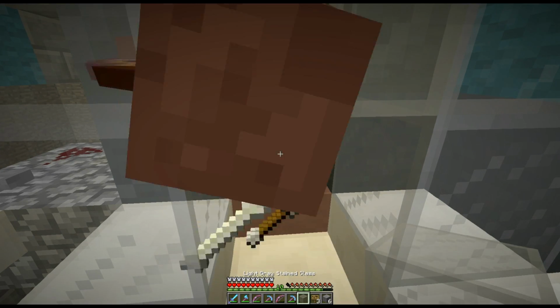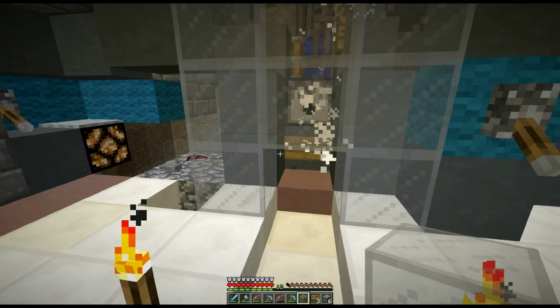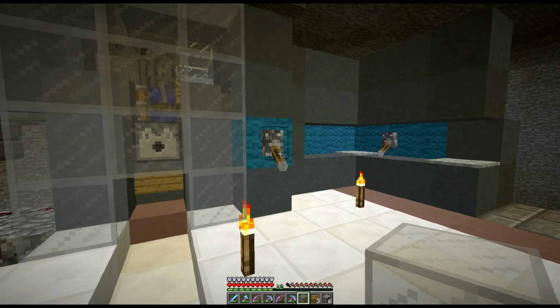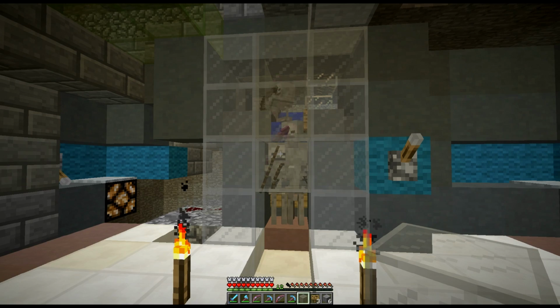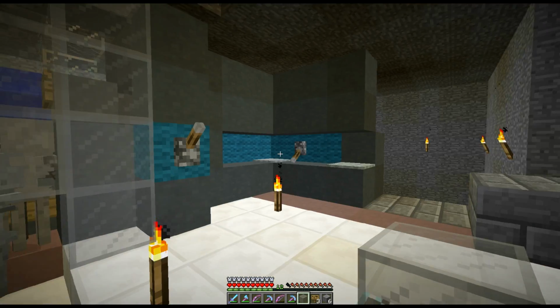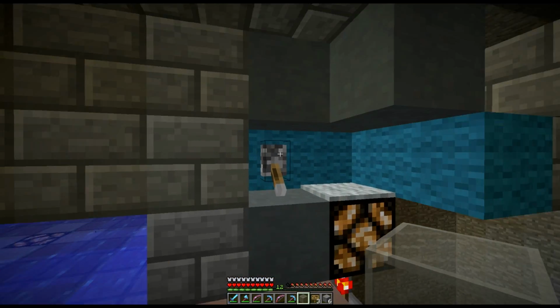Let's hit them with a piece of glass. There you go, nice and easy. Getting the XP, getting the drops, and here come through the rest of them, thick and fast. Cool, okay, so I'm going to turn the lights back on again in the spawners, stop them spawning,